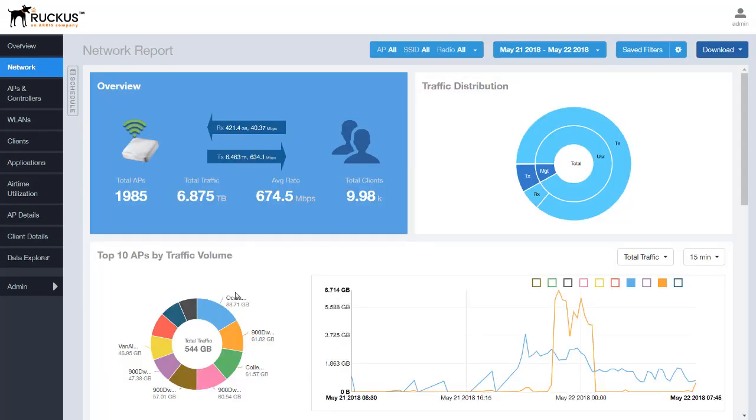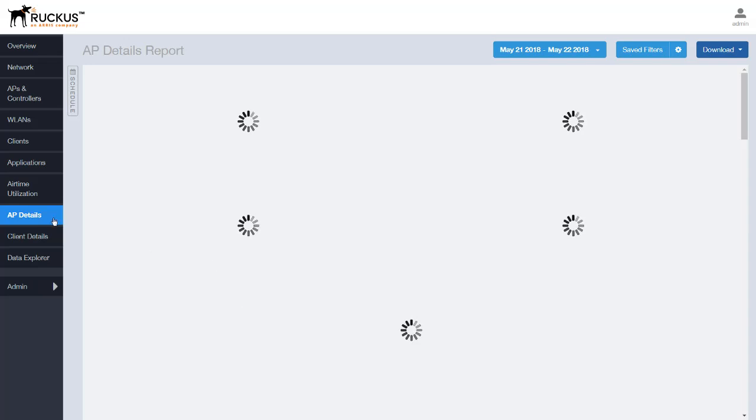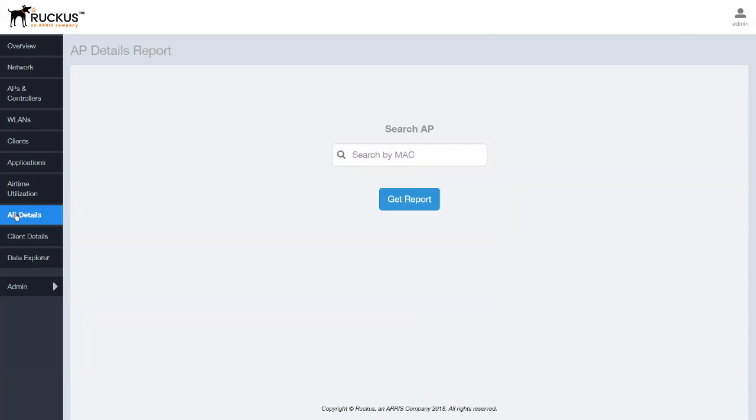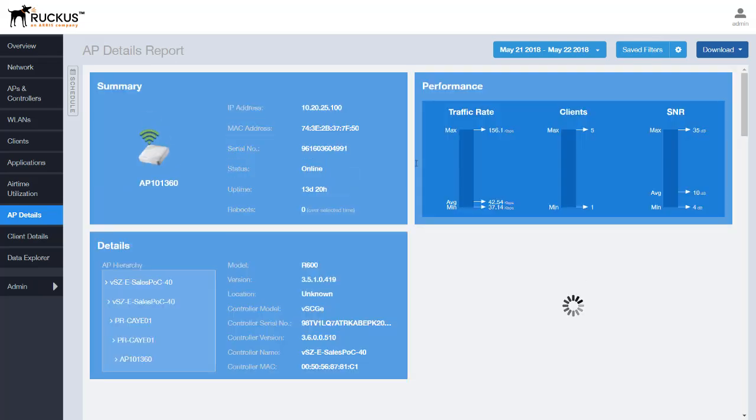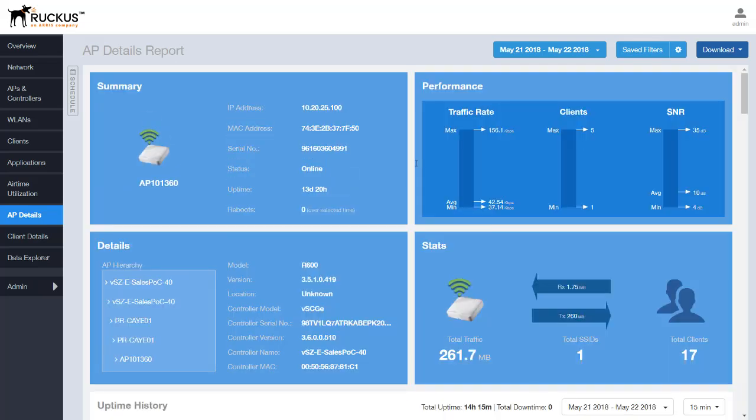And when we look at this, you can see our top APs by traffic volume. If you click on one of these, it'll take you to the AP Details page. But we want to take a look at a specific AP over here. So let me get that AP's MAC address in here for us. So this is an AP that's had some activity. I picked this out so that we could see information that's relevant to what we want to look at here